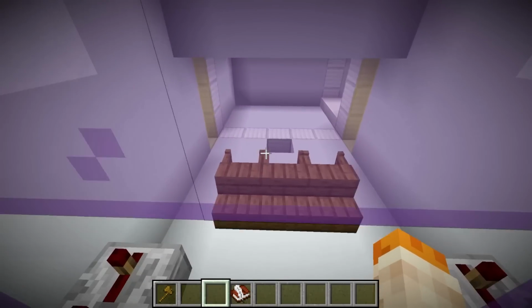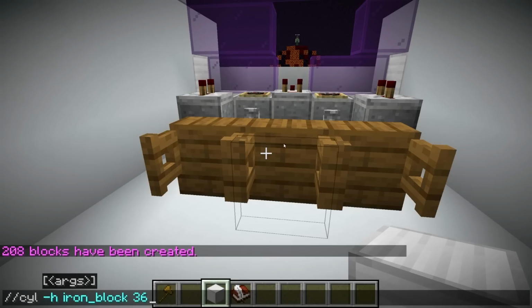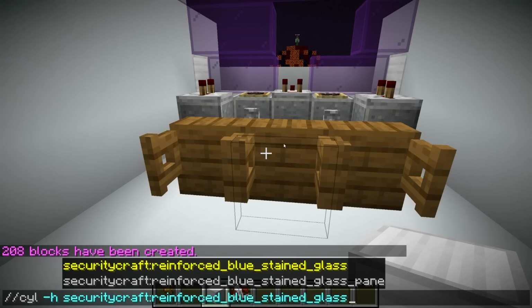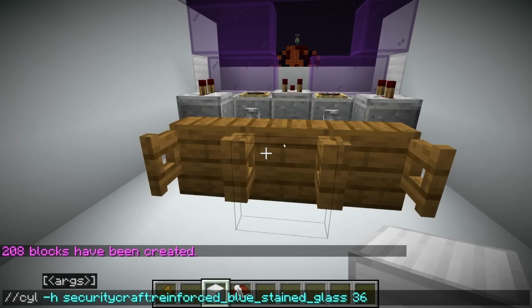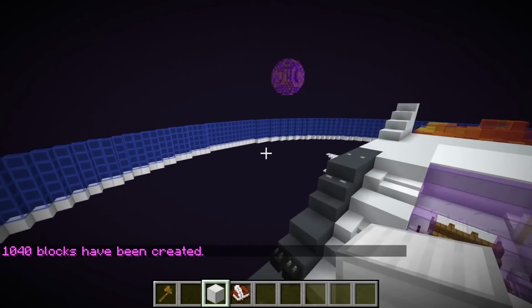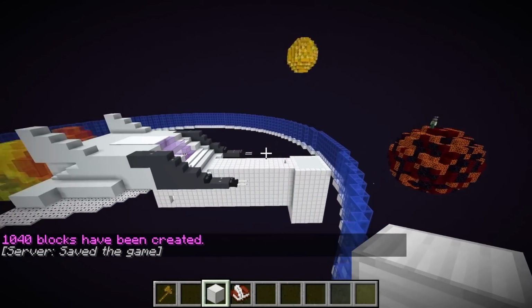So now we're going to fly back in our spaceship right on this block and type the same command again, but with a different block. What we want to use is a block called reinforced blue stained glass. And we're going to type 36 and then 5 in for our wall. And if we come out here, as you see, it actually created some kind of force field looking thing